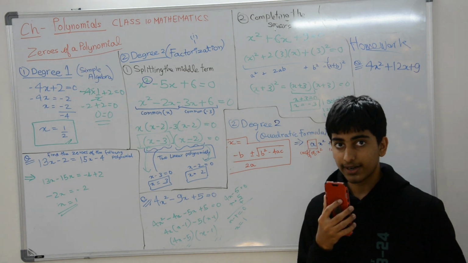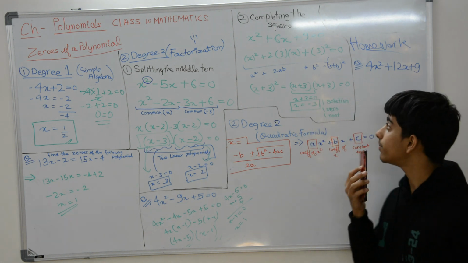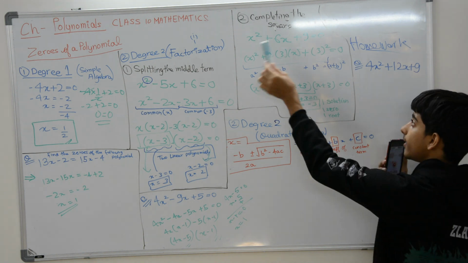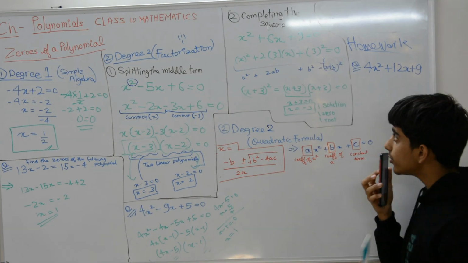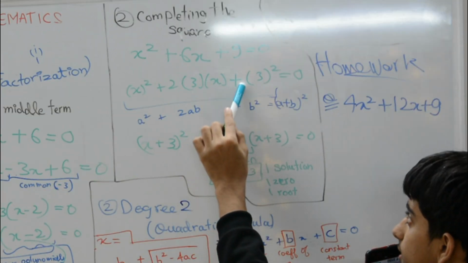Now the other method of factorization again is the completing the square method. We have learned this in grade 9, so I'm not going to spend too much time on this. x squared plus 6x plus 9. If you can intuitively see that this is equal to x squared plus 2 into 3 into x plus 3 square,